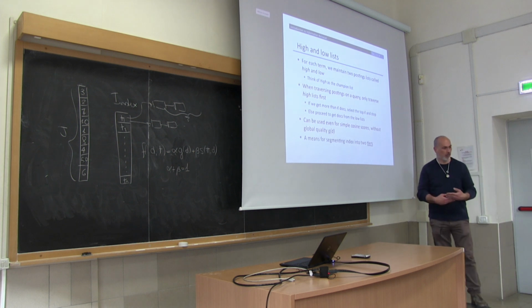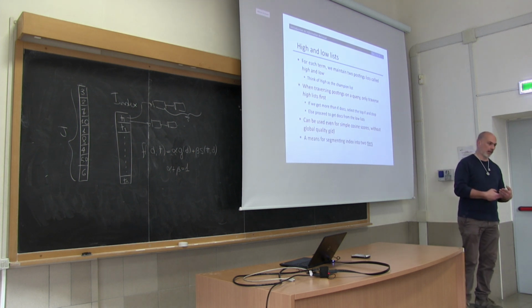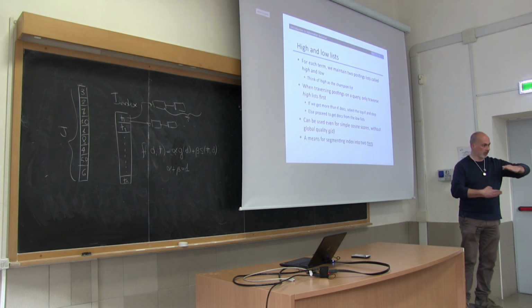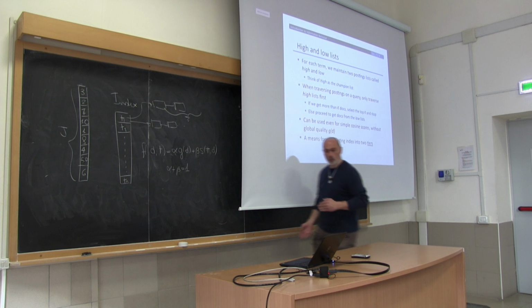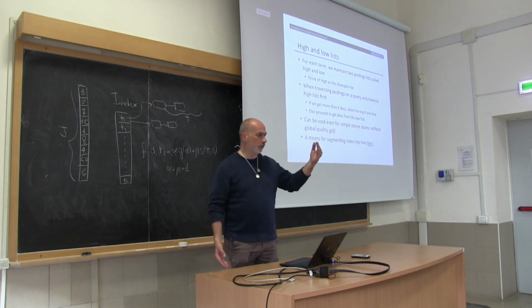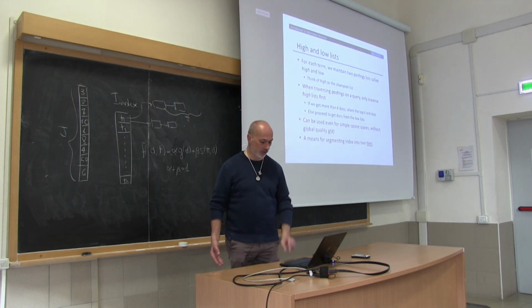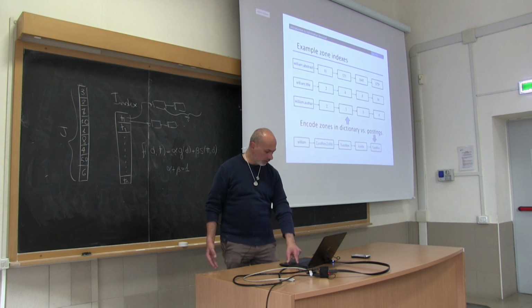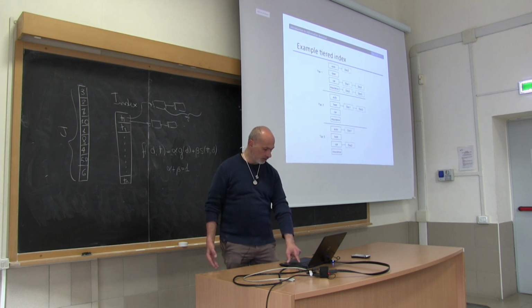But, of course, there is an issue here. Why? If the two lists, the champion list and the low list, contain overlapping documents, you are wasting work, right? So you are going over the same documents again. So you will keep a partition. So you will tier your index. You will have two tiers for your index, one containing the top, the high posting list, and another one containing the low posting list. Let's see if there is a picture here. Where was it? There was a picture, I swear. Ah, here.